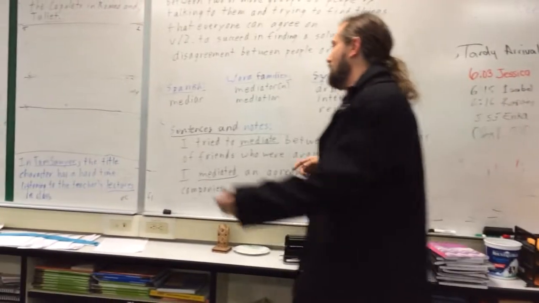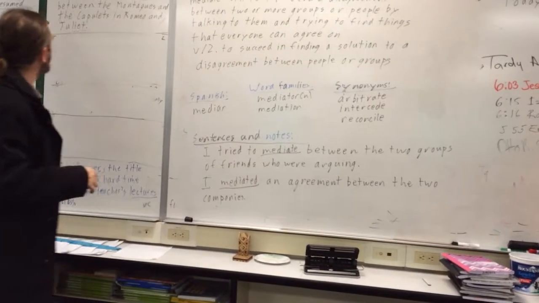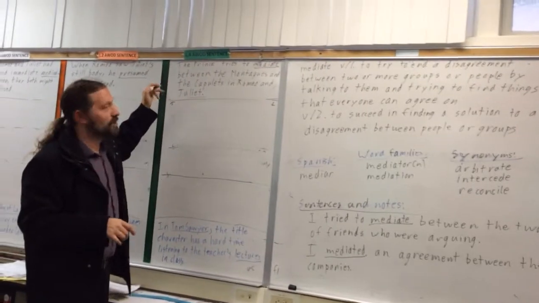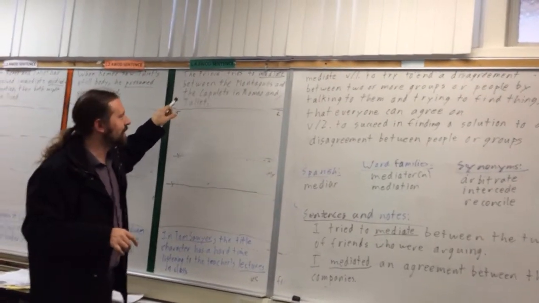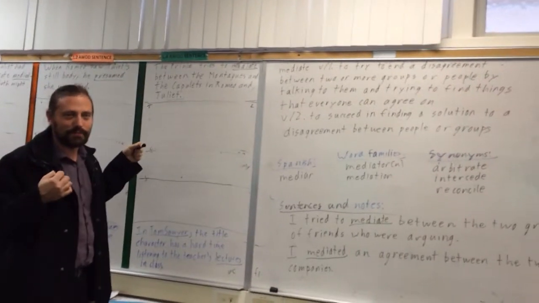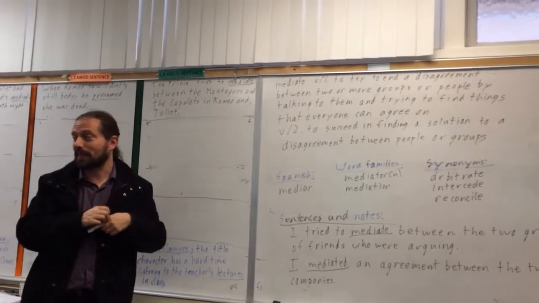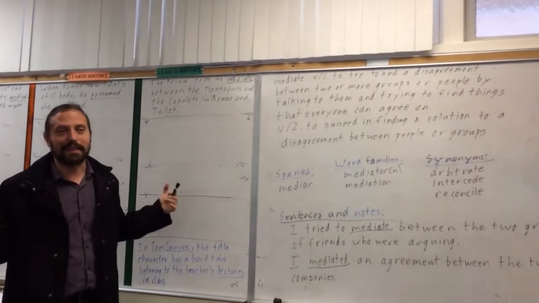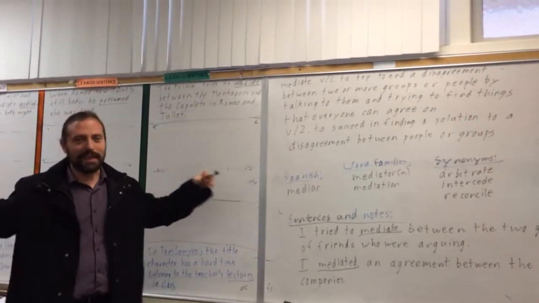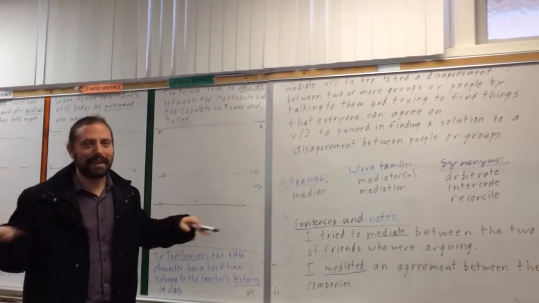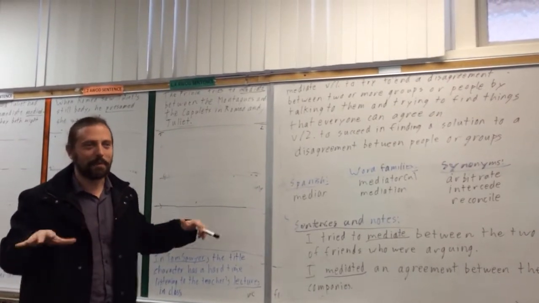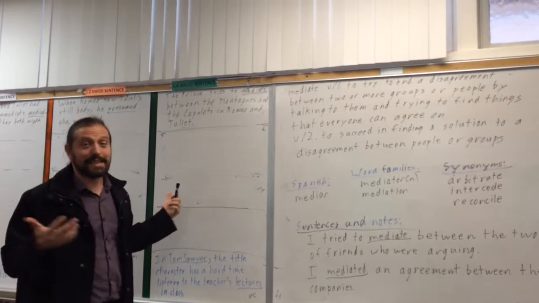The sentence over here is about Romeo and Juliet. Anybody know Romeo and Juliet? There are the two families that are fighting. Romeo's family and Juliet's family. In the beginning of the play, the prince tries to solve the problem. The prince is like the king of that city. And he gets them all together and he says, I'm tired of you guys fighting, no more fighting, we need to stop this. He tries to mediate, but he doesn't succeed.